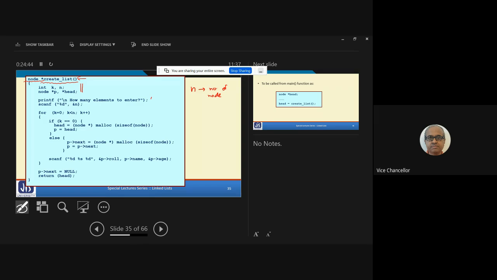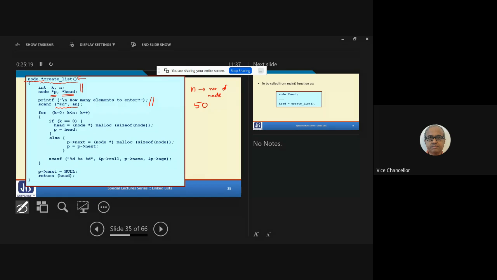So we are asking the user to enter n. Printf, how many elements to enter? Scanf, ampersand n. So the user will first enter how many students there are. Let's say 50. And you see, we have declared two pointers, head and p. The two variables p and head are both of type node star. They are pointing to node.